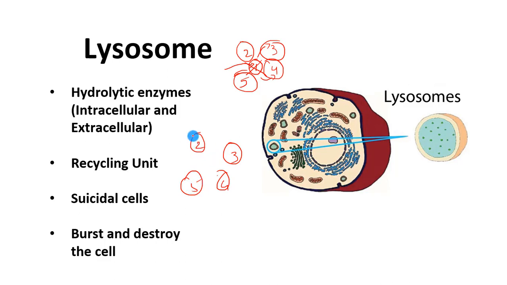So how will the cell destroy itself? So it is because of the important organelle that is lysosome. Lysosome has many hydrolytic enzymes in it. Enzymes in biology are said to be biological scissors which will cut down everything and destroy everything. Hence, this lysosome is said to be the suicidal cell or suicidal bag of the cell.